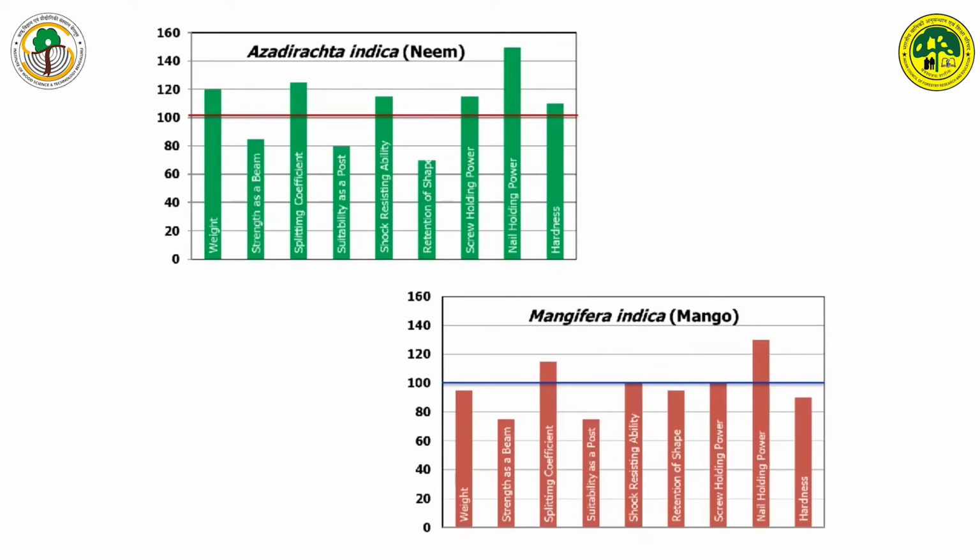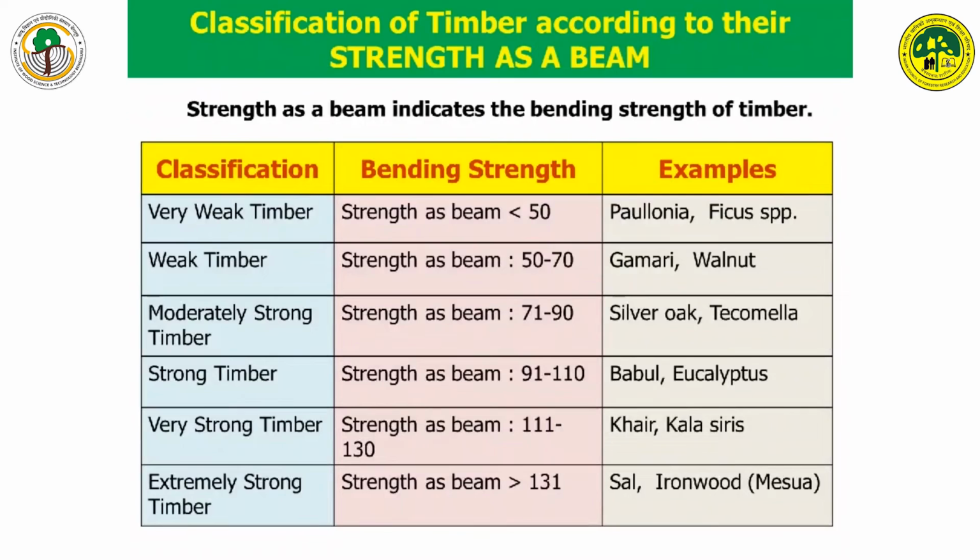And this is neem wood, that's Azadirachta indica. Neem wood's weight is better than teak, and its nail holding power is better than teak. Hardness is also slightly better than teak. Then mango wood, and based on its strength as a beam, the woods are also being classified in different categories,